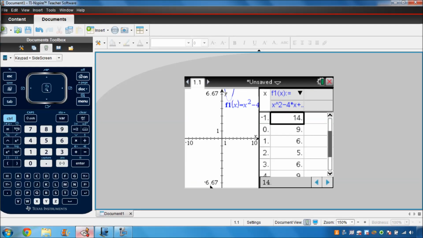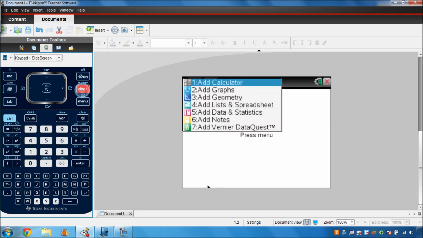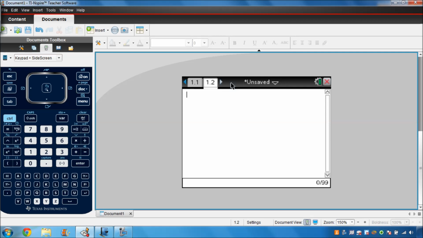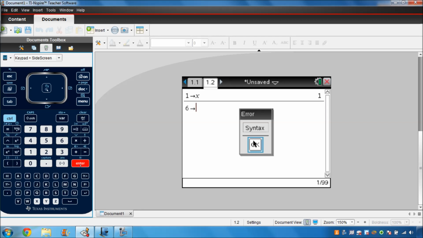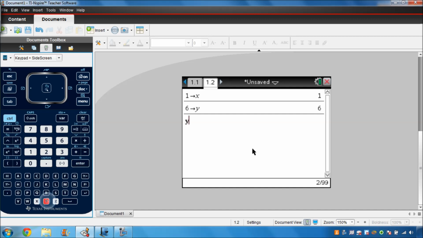So for your first check, first of all, you need to insert a calculator page. To insert a new page, you press Control Doc, which is adding an extra page. I'm going to insert a calculator document. And what I'm going to do is I'm going to check 1, 6 first. So I'm going to store 1 in as x. Press Enter. And then I'm going to store 6 in as y, and then I'm going to type in the first equation, which is y equals x squared minus 4x plus 9,